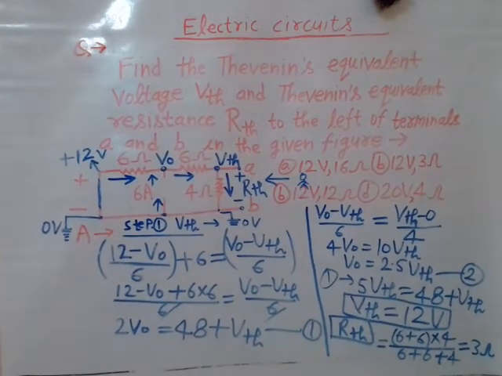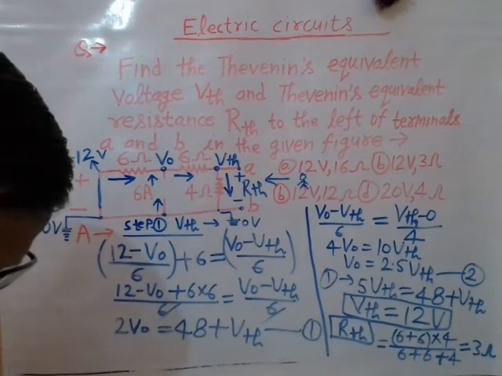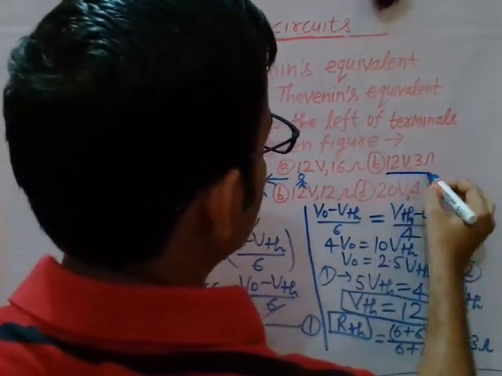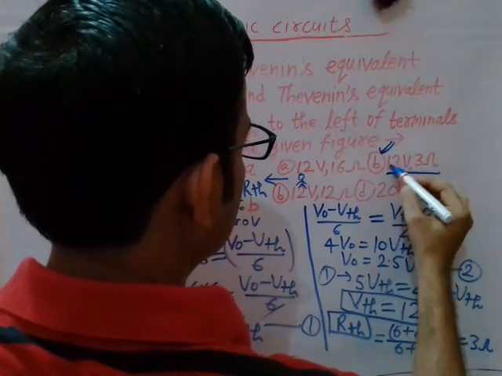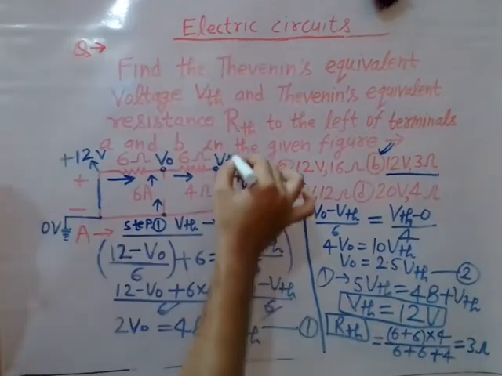So which option is correct? Which option is correct now? Option B is correct, right? 12 volt and 3 ohm. Option B is correct, that means 12 volt is the Thevenin's equivalent voltage and 3 ohm is the Thevenin's equivalent resistance. So option B is correct. 12 volt is the Thevenin's equivalent voltage and 3 ohm is the Thevenin's equivalent resistance across the terminals A and